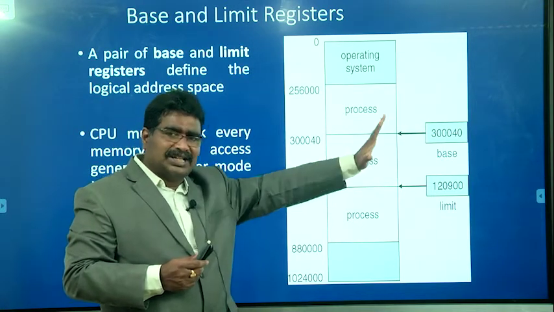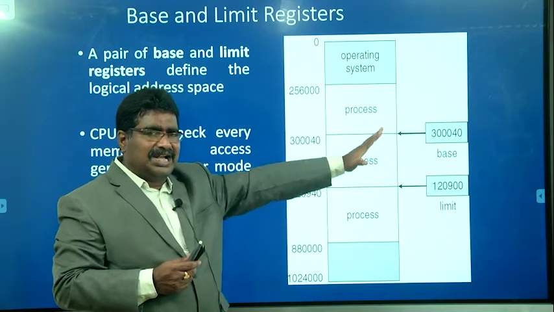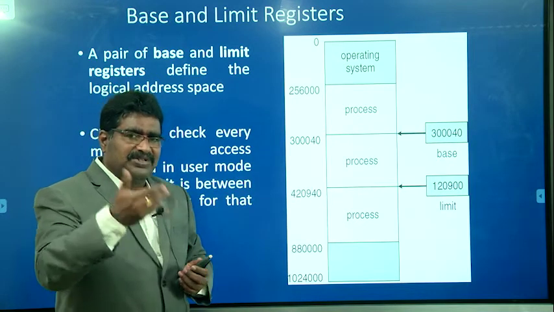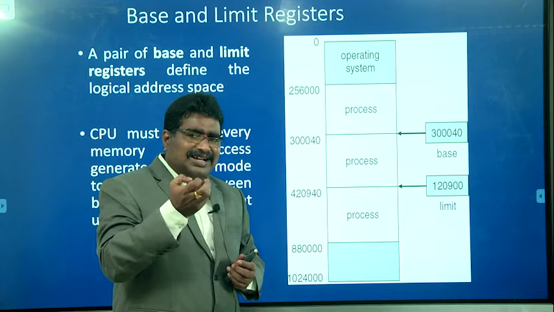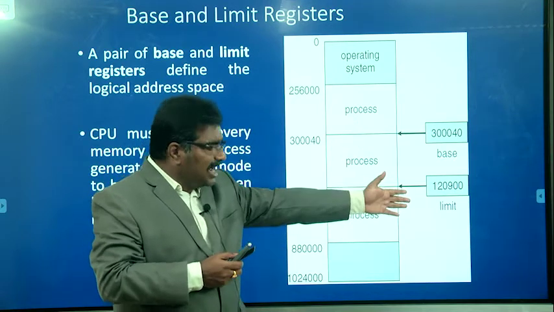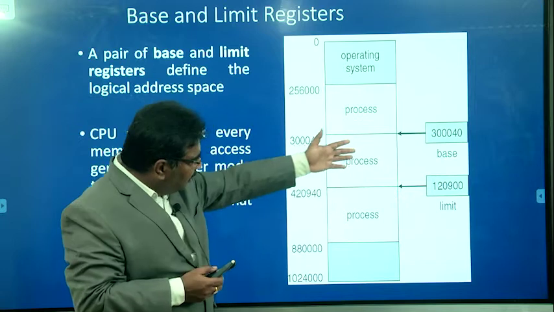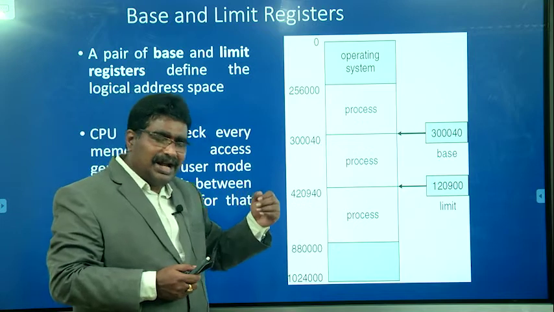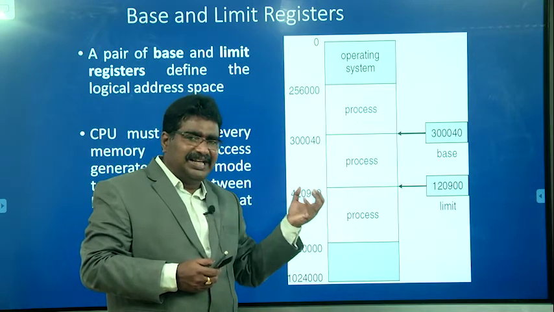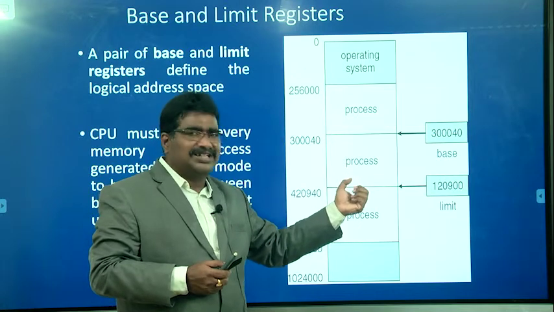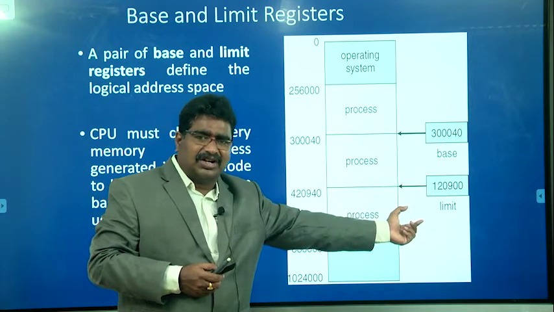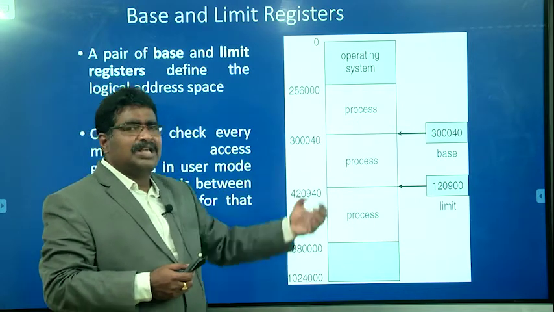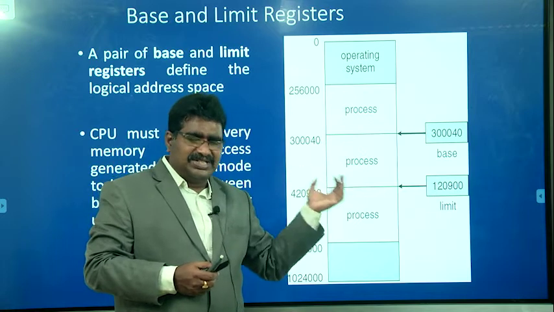So the CPU generates the logical address. That logical address is added to the base register, then it gets the physical address. From that memory location it fetches the data. For example, if the logical address generated is above the limit, that means it tries to access some other process's data or instruction, and it is simply not allowed. Before fetching the data or the instruction, it first verifies whether the logical address is within the limit register or not. If it exceeds the limit register, it simply rejects. If it is within the limit, only then does it calculate the physical address and fetch the instruction or the data from the primary memory.